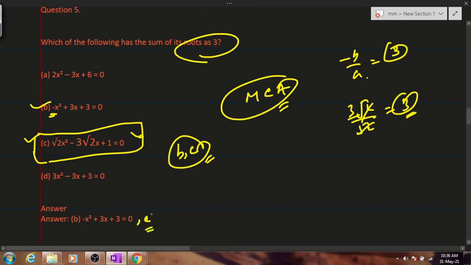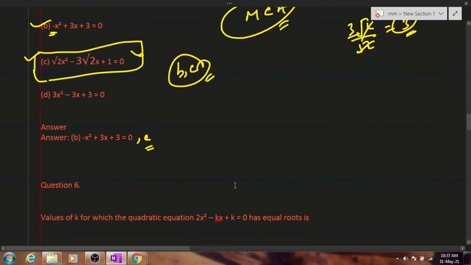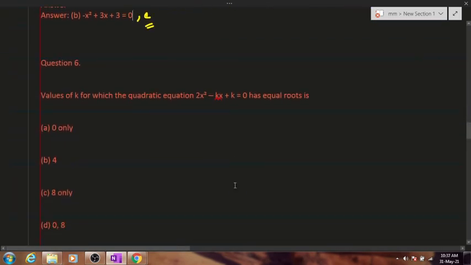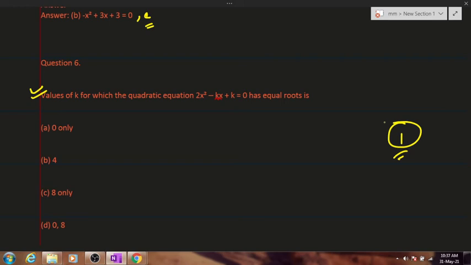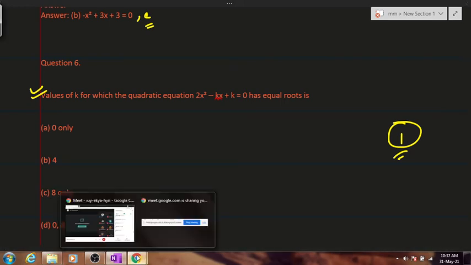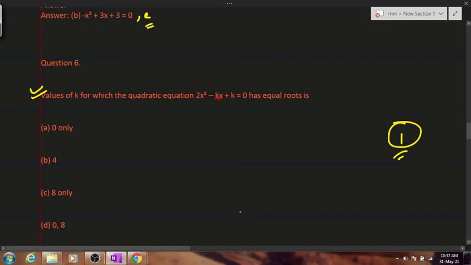Should we move on to the sixth question? Yes, sir. Copy the question first. You'll have an entire 1 minute to answer. Nobody will answer before that, because copying the question will require at least 20 seconds and solving will require at least 10 seconds. You'll have an entire 1 minute to copy this, and then you'll have to tell the answer. I'm giving enough time for people to copy it down and then tell the answer. Do not hurry up.